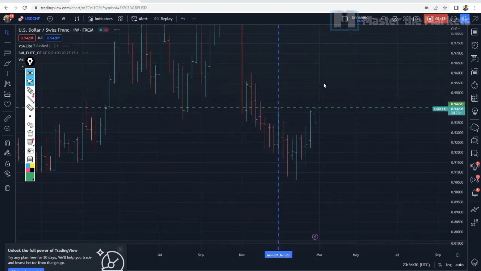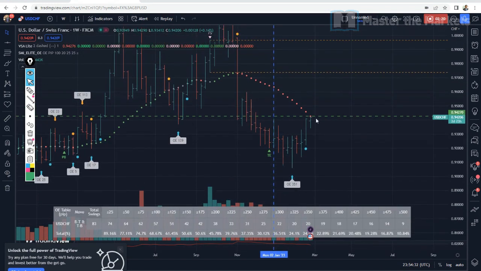So we analyze this first on the weekly, which is what I mentioned before, and if you take a look over here, we actually entered on the 6th of Feb on this weekly bar over here, and we held on to that trade. So we took it around here, which I explained in my previous video, held it on for it to become a weekly bottom, which got confirmed by this bar, and from here I'm taking 25 pips more from the confirmation bar, which I take from this table here, the SMI probability OE table, which we call the open equity table, which we have talked about extensively before as well,